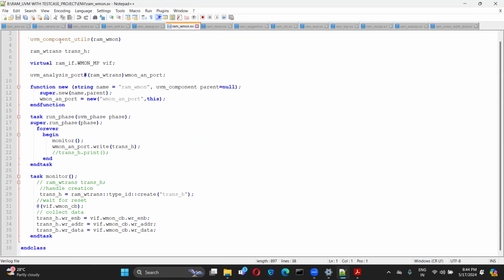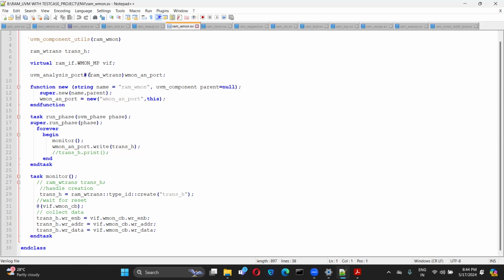Now here, if it is a port, there is a difference, if you guys have observed or not. We have UVM components like that, but for the different ports we have different syntax, like UVM analysis port. So here we are using analysis port. If it is a TLM blocking port, this is different. TLM FIFO means it is different. So you guys go through the different port names we have for the TLM, the different ports and exports, and which one you have to use. So just go through that.